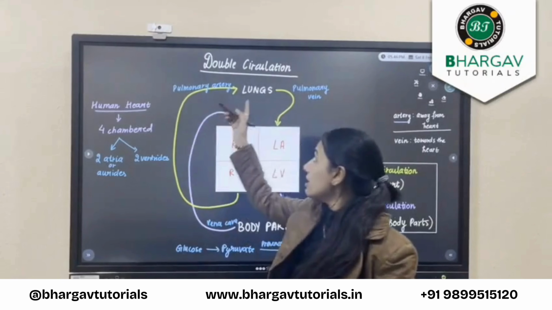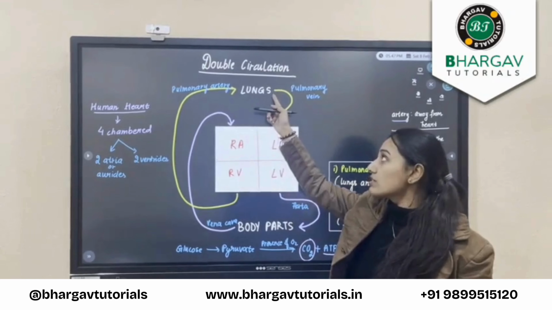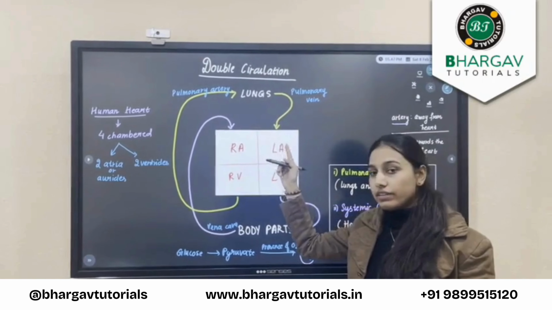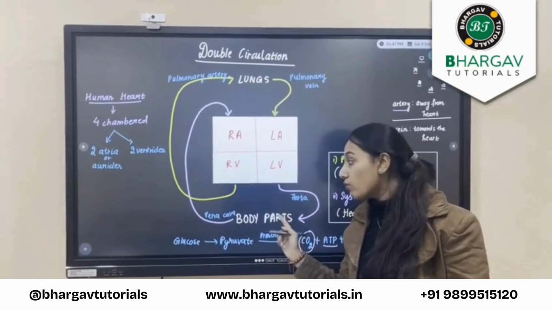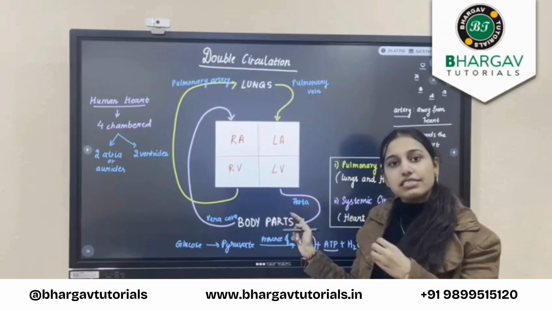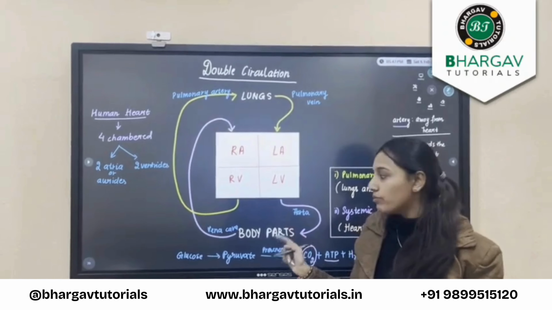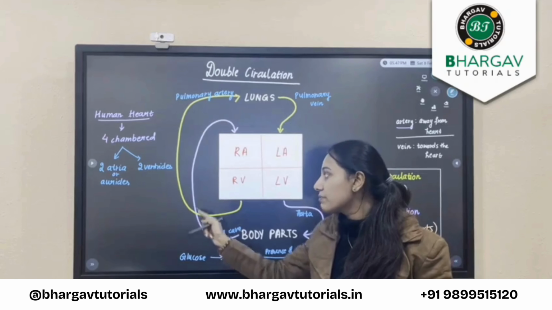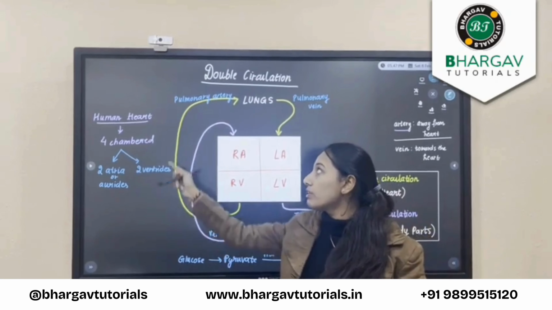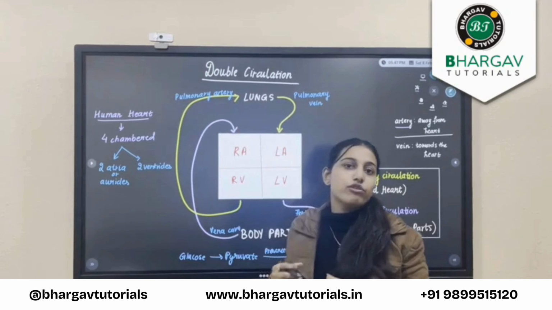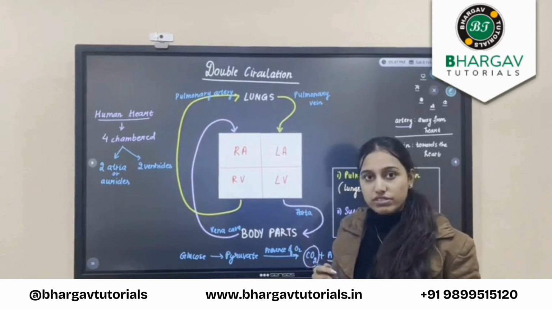Now, these are our lungs. Our lungs receive oxygen through alveoli. So, oxygenated blood will reach the heart, then this oxygenated blood will be pumped to our body parts. Now, what happens is each cell of our body parts is releasing CO2, which needs to be released out of the body. So, deoxygenated blood will now be pumped to our heart, then this deoxygenated blood will reach our lungs and therefore we exhale out CO2. So how this happens is in the process of double circulation.